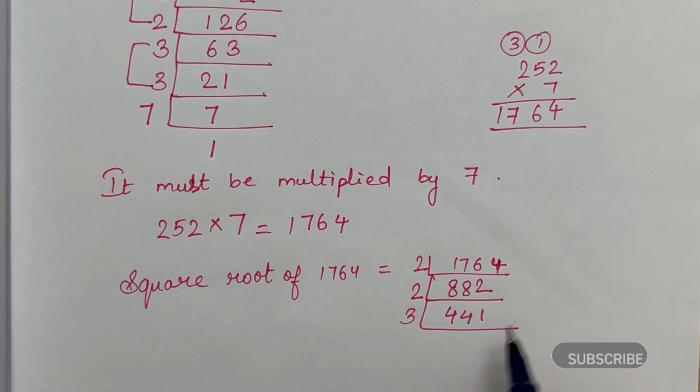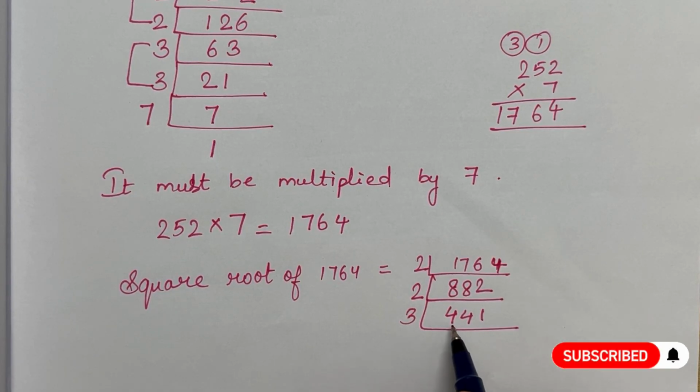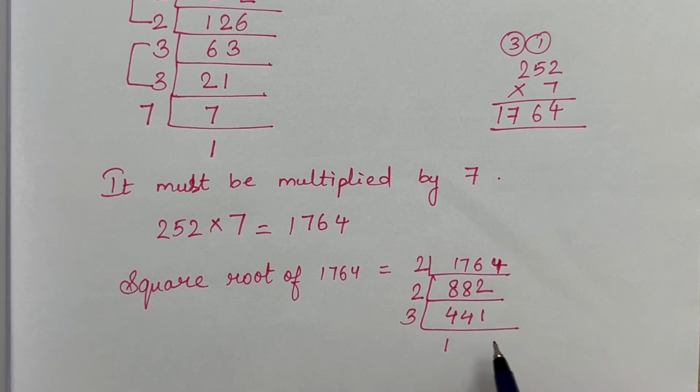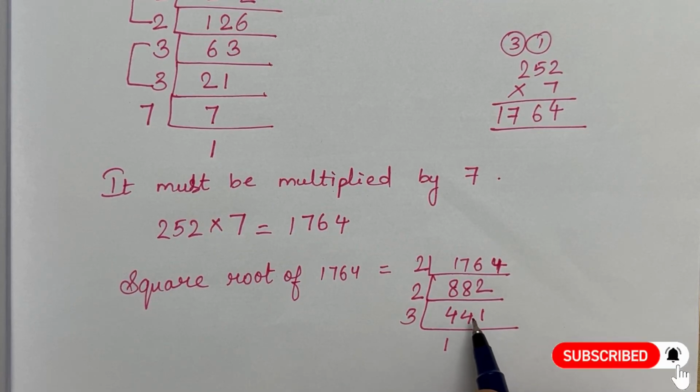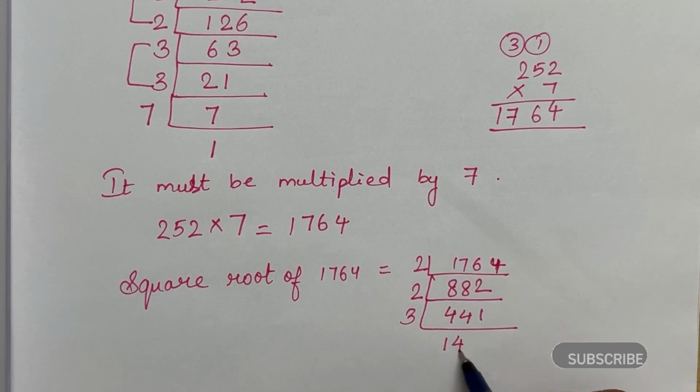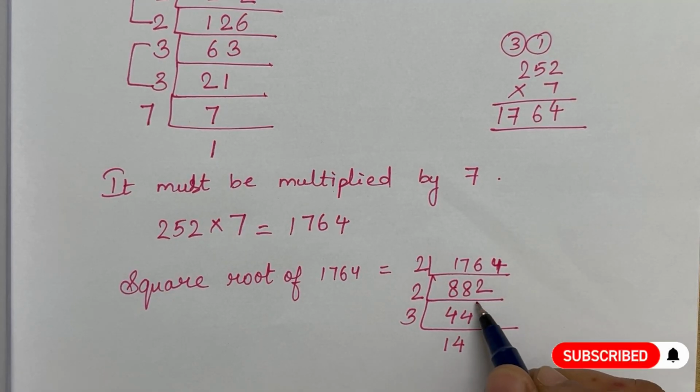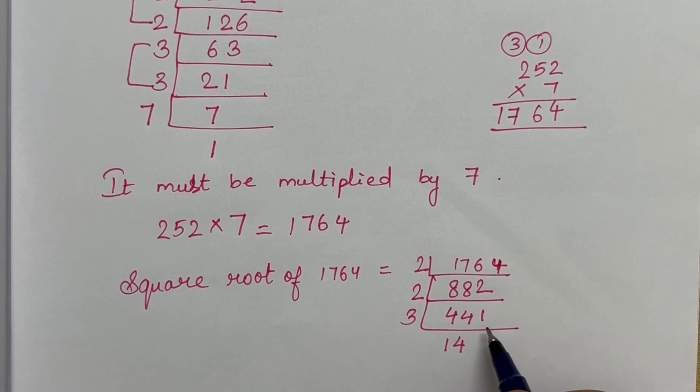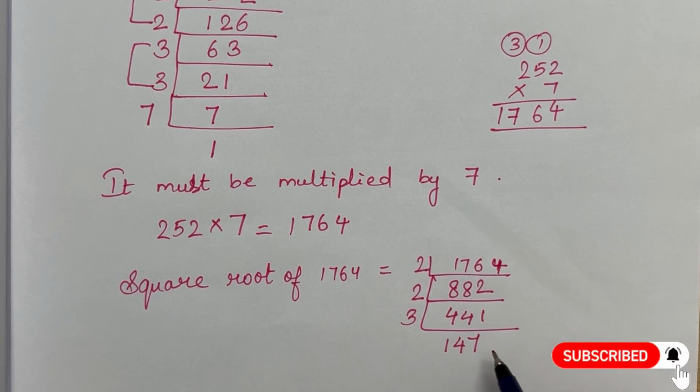We'll write here 3. So in the table of 3, 4 will not come. 3 comes 1 time. We'll write 1 here. So now 1 left, 1 4 14. Again 14 will not come. 12 will come 4 times. Now here 2 left, 2 1 21. 21 will go 7 times.